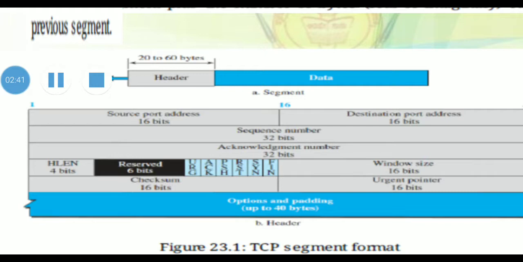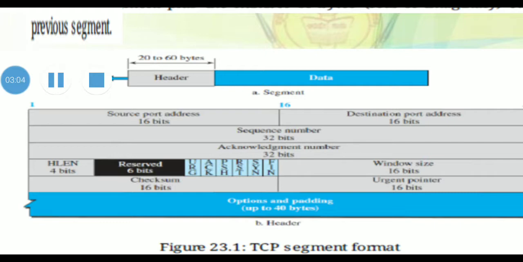So the sequence number tells the destination which byte in the sequence is the first byte in the segment. During connection establishment, each party uses a random number generator to create an initial sequence number, ISN, which is usually different in each direction.